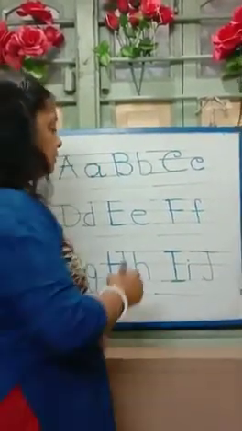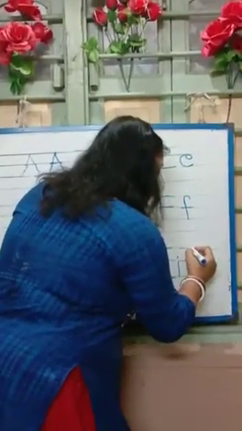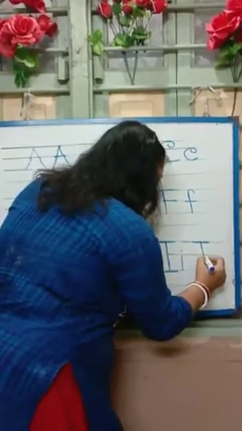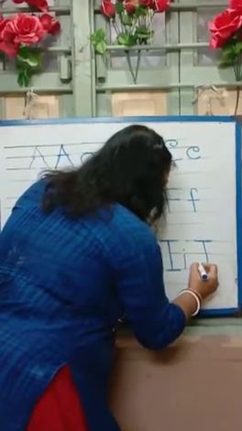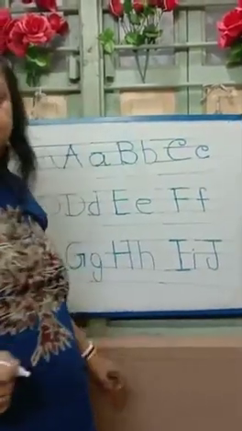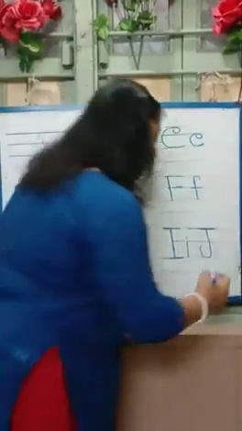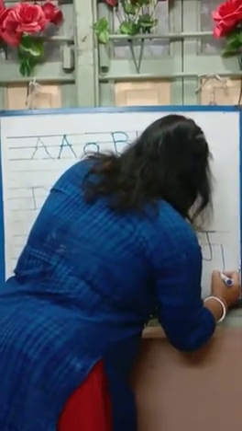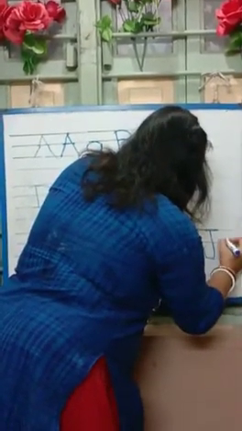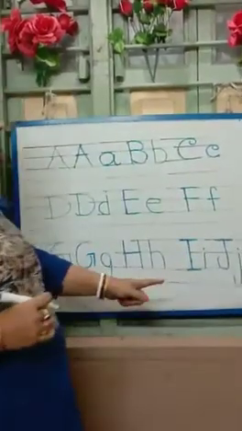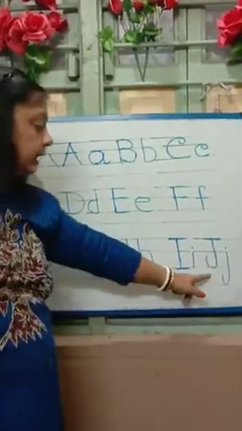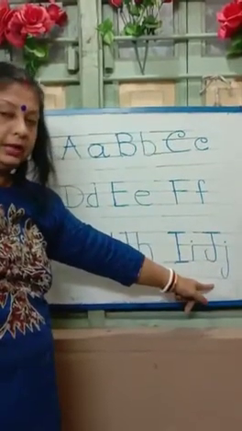Then comes J. Give a slipping line over here, move from the first line, second line and the third line and give a curve. Followed? Again, for small j, we are giving 1, 2 and 3, move a curve like this and give a dot. For small g and for small j, we are moving till the fourth line.